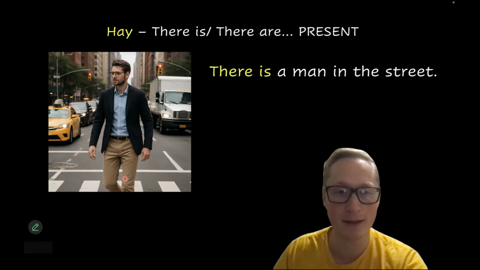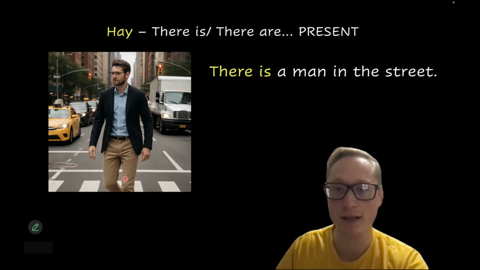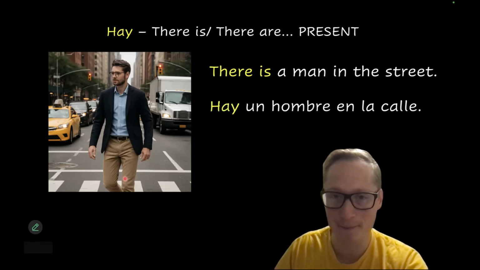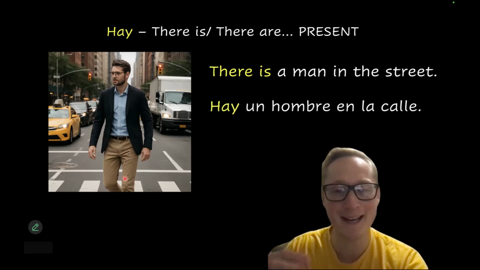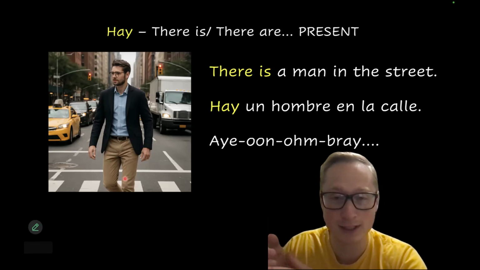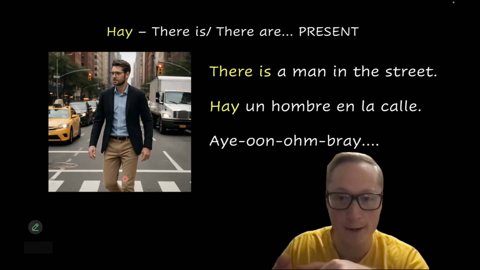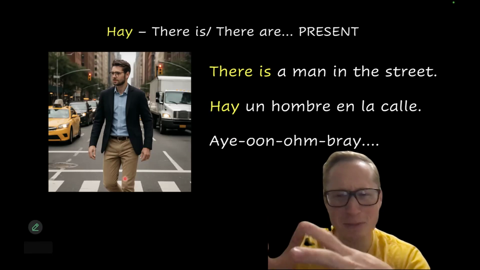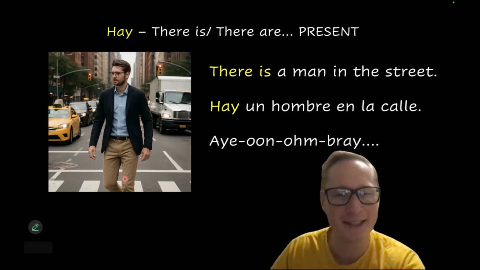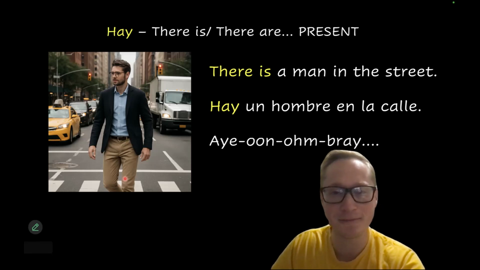Now, we can build upon this and say, there's a man in the street, which would be, hay un hombre en la calle. Pay attention to that pronunciation. You're not going to hear a native speaker or an advanced speaker say, hay un hombre. No, it's kind of smashed all together. Hay un hombre. And that's how you're going to hear it in conversation.